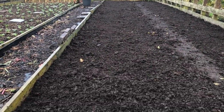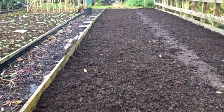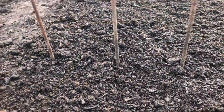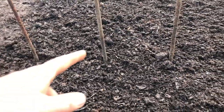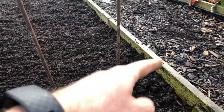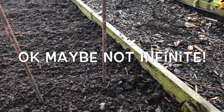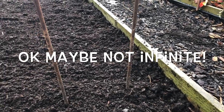So there we go, that's the garlic bed prepared. Just the same with the back of the rubber rake. So there's my row markers, so I'm doing these 8 inches apart. And this is the elephant garlic row, so that's 8 inches, but it's got an infinite amount of space on the other side, so that should be fine. And